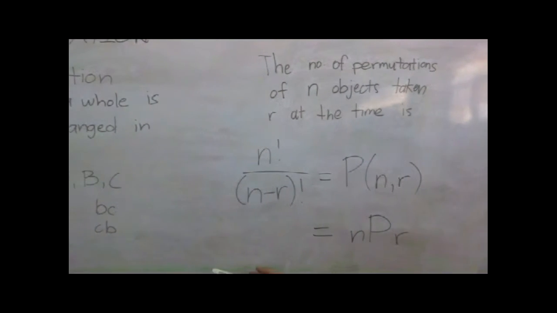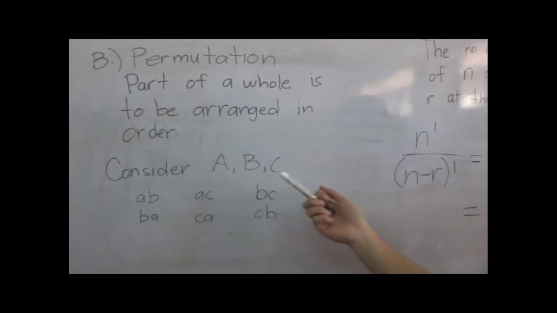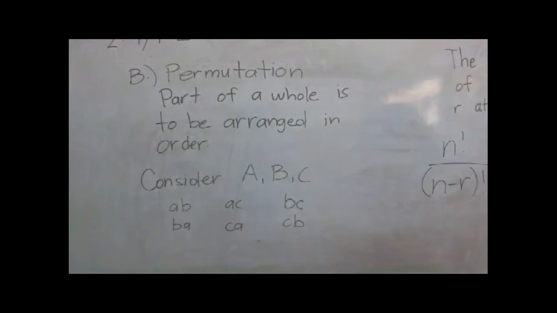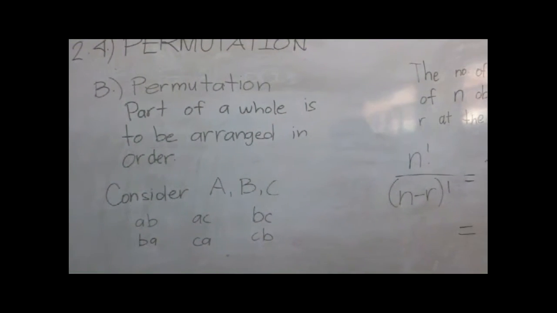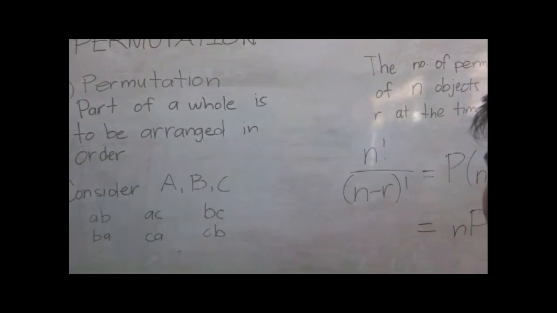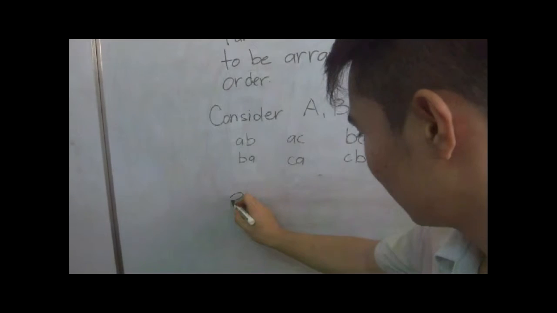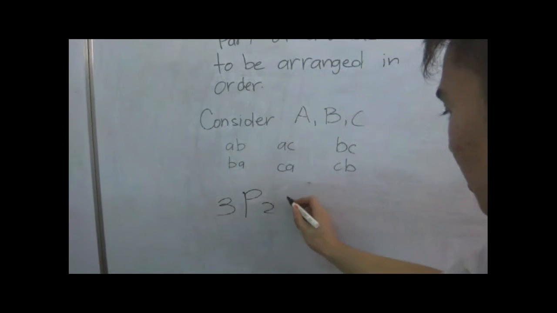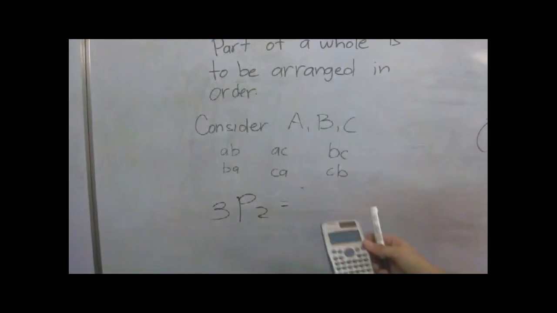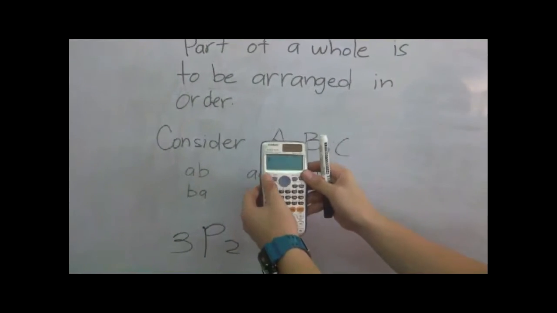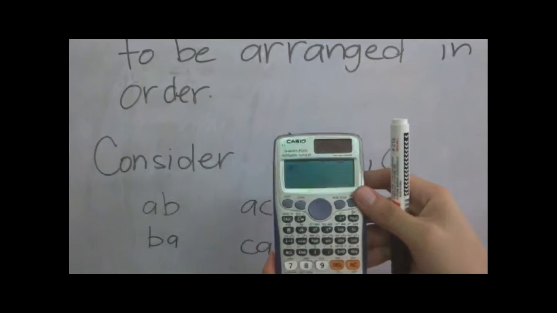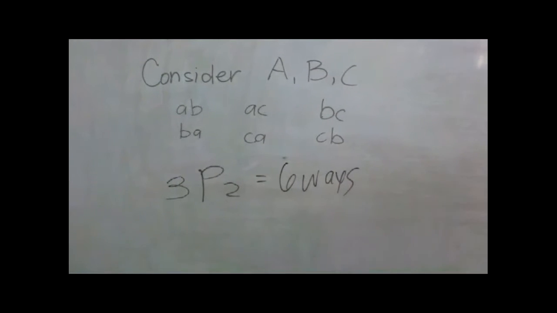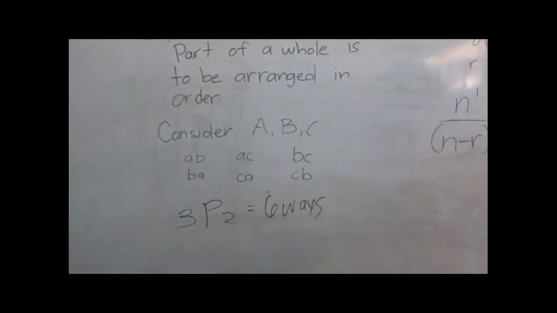In the example, the letters A, B, and C can be arranged as AB, AC, BC, BA, CA, and CB. So we have n equals 3 and permutation 2. According to the scientific calculator, 3 permutation 2 is equal to 6, so we have 6 ways. Or in the long method,